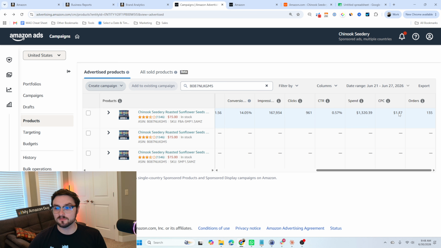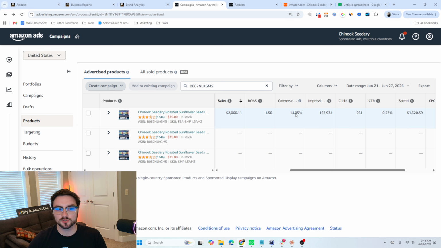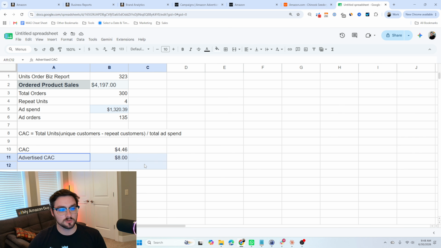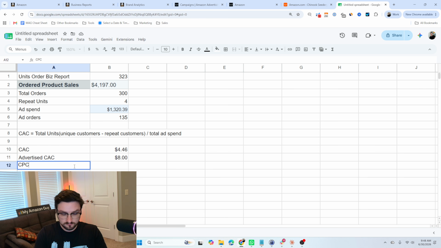You do get your cost per click, which is fairly low at the end of the day. But another way to look at this is looking at what your actual conversion metric is. That's another way within the advertised cost per click to understand,